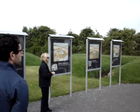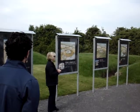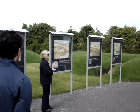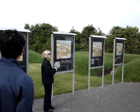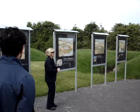So is everything clear so far? It's hard to go through 6,000 years in about 5 minutes and not confuse anyone. But if you have any questions at the end of the tour, hopefully I'll be able to answer them for you. But we'll take a walk around and I'll point out various features along the way. Is that okay? Yeah. So if we just move up